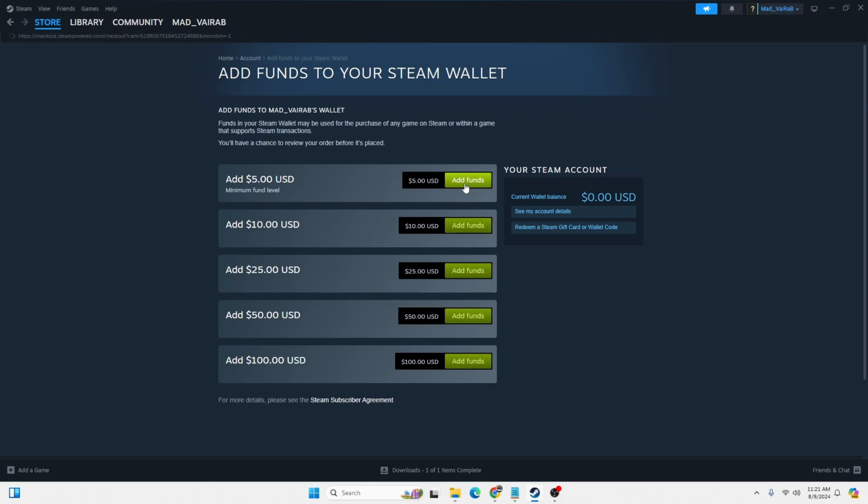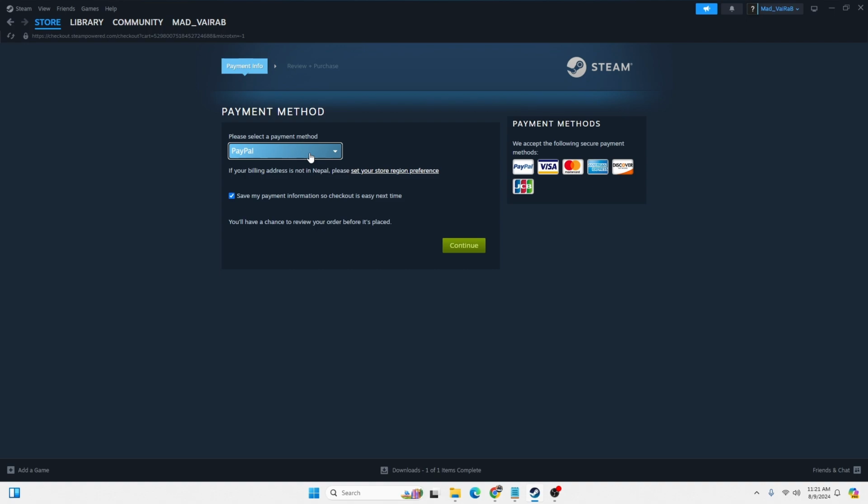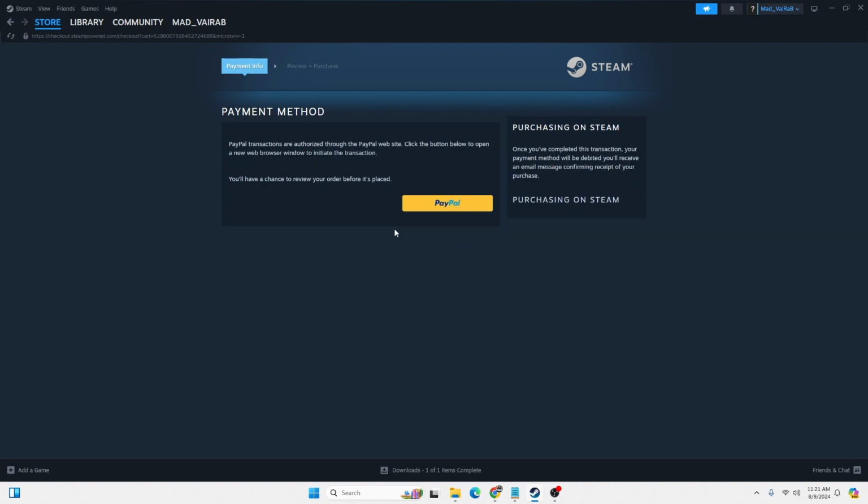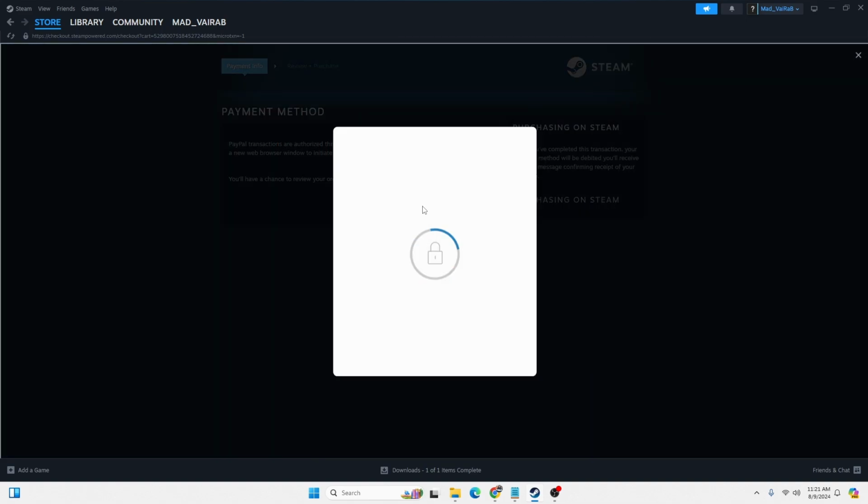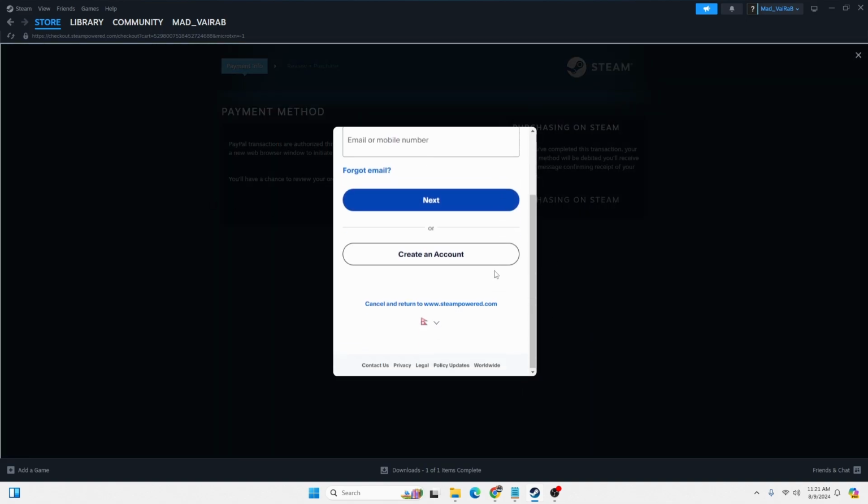Click on add funds, and this kind of interface will appear where you can see, guys, PayPal is supported over here. Click on the PayPal, or make sure the PayPal is selected, and click on continue. And on the next step, this kind of interface will appear where you will be required to log into your PayPal account. So to do that, click on the PayPal button over here,